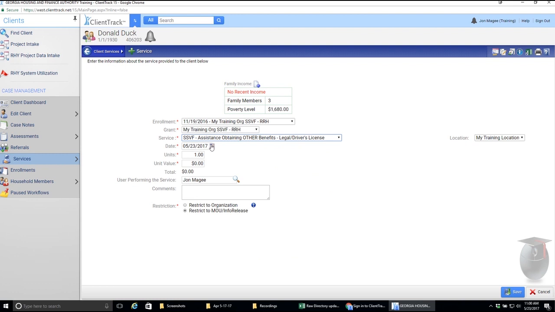This date here, we want to make sure whatever date we have here is the date that the client is actually receiving this service. You can also click the little calendar icon and change that if it was a different date. Units is how many of this particular service the client is getting, and unit value is the value of